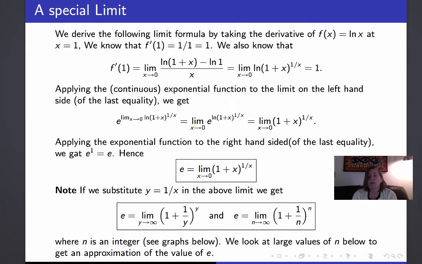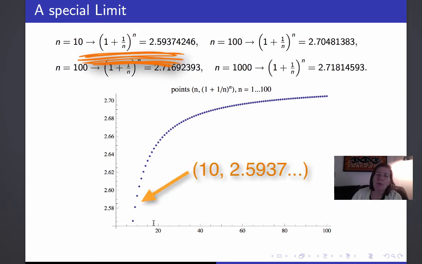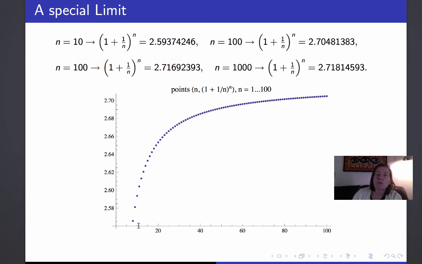In particular, if n is an integer, that's the counting numbers 1, 2, 3, etc., as n approaches infinity, (1 plus 1 over n) to the n approaches e. And we can look at a graph here of this sequence. For n equals 10, we see a dot representing (1 plus 1 over 10) to the 10, which is